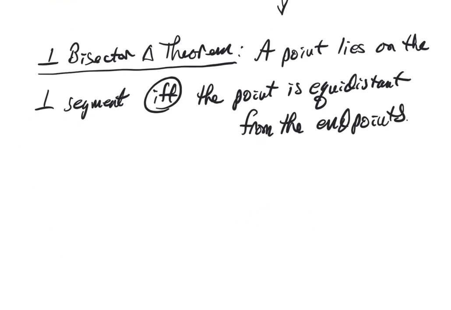And then I'm just going to draw you a picture of what's going on. We start with the segment. We're going to draw the perpendicular bisector. So again, that means both perpendicular and cuts it into two equal parts. And then if we pick any point on that line, so we pick this point, or this point, or this point, and we consider the distances to the endpoints,